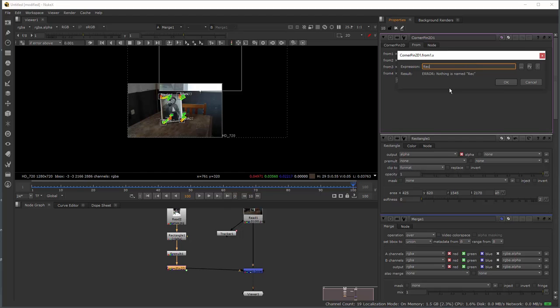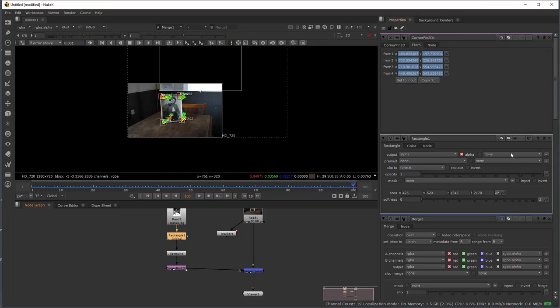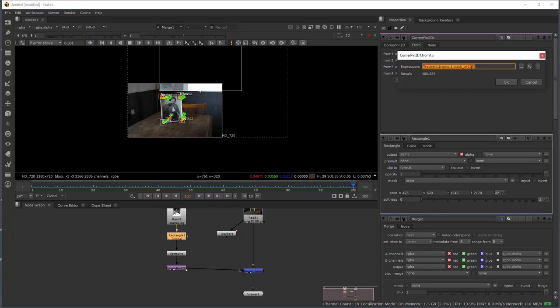So in the CornerPin tab, I specify the value of the rectangle draw area x. It needs to be rectangle1.area.x.